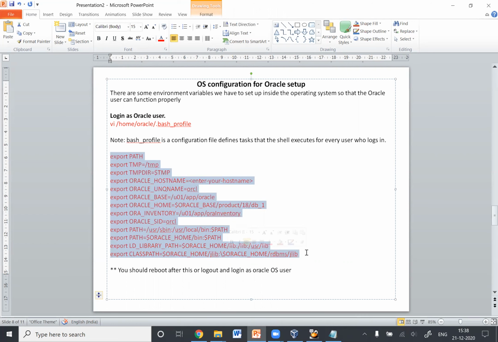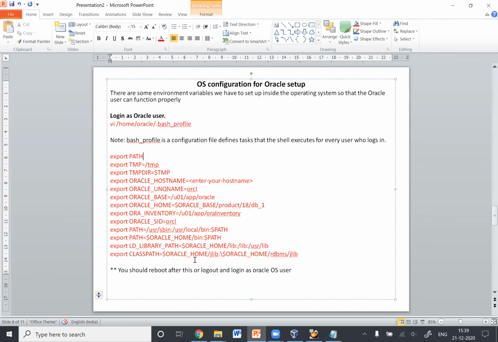So these commands will be added to the .bash_profile file. What it will do is it will set values for all these variables. So these would be the environment variables for Oracle user. It will set the variable values, and these values would be used for the installation of Oracle database.